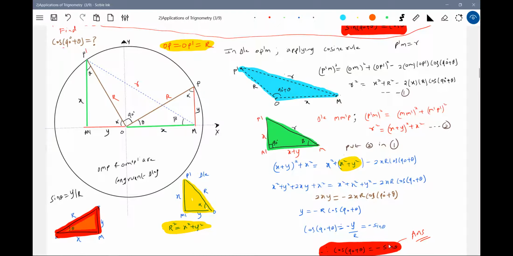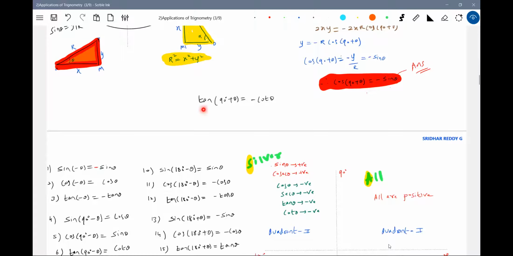Sine rule, cosine rule. When a right angle triangle comes, okay, fine. Sin theta is opposite by hypotenuse, cos theta is adjacent by hypotenuse. When it's not a right angle triangle, we are going to take help of sine rule and cosine rule. These are the things a student has to develop an idea about. So similarly, tan of 90 plus theta, you can prove that. Tan of 90 plus theta, what can we write it as?